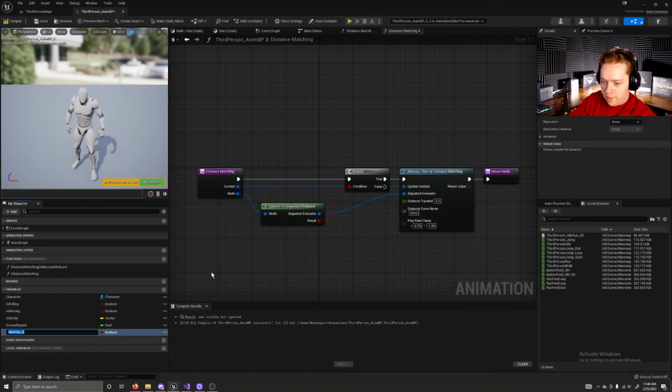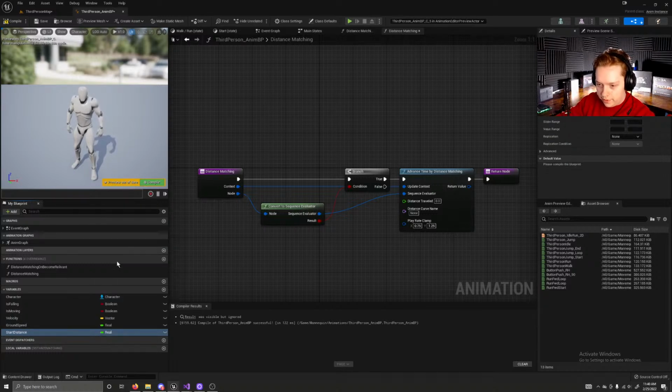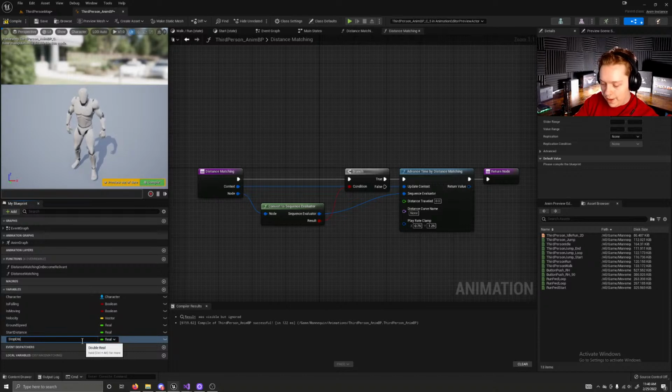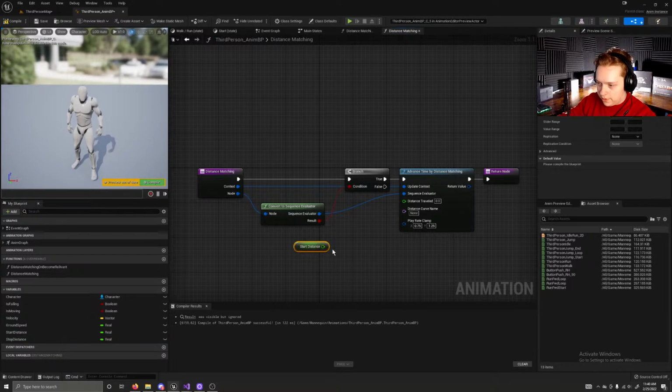So now I'm going to create a start distance real, which is what floats have been replaced with. And I'm going to create a stop distance real. I'm going to take this start distance and I'm going to plug it into distance traveled and name and put in distance. Actually,